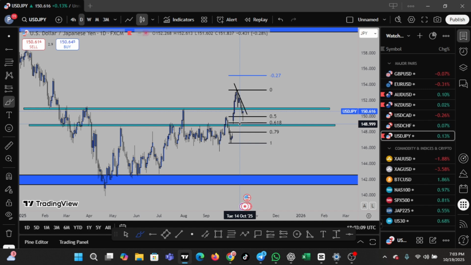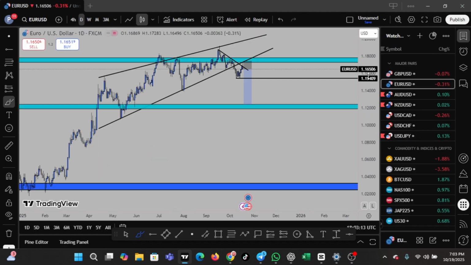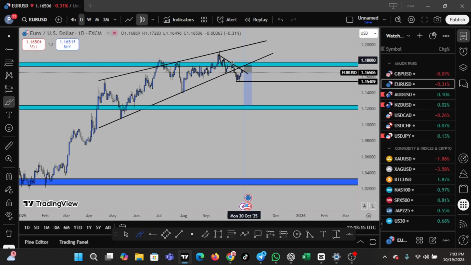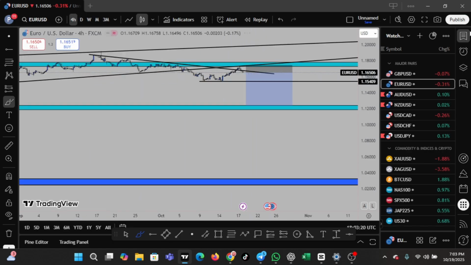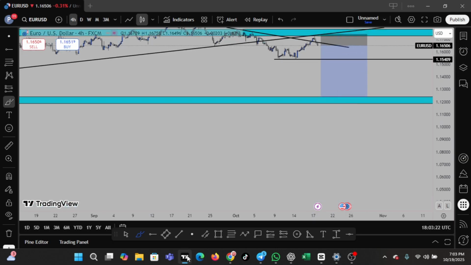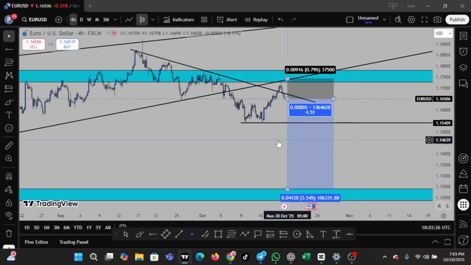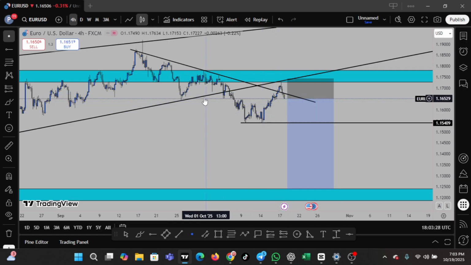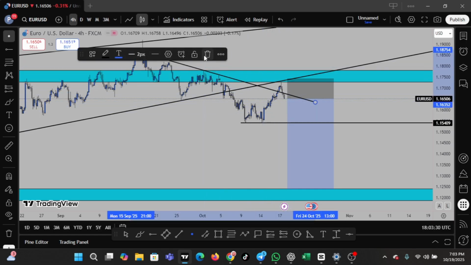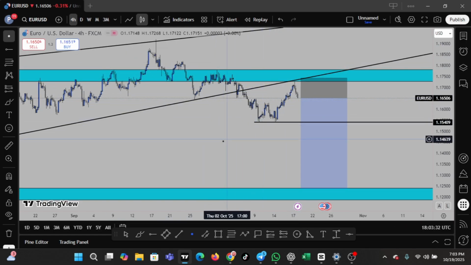So for the rest, I'm not looking at anything except for Euro USD. Euro USD, which I'm just recently looking to catch a trade opportunity on. So I'm still watching. I may just want to wait to see, because now from here I'm not seeing a counter trend line yet. So I will still be watching Euro USD, and if I want to get on that trade,